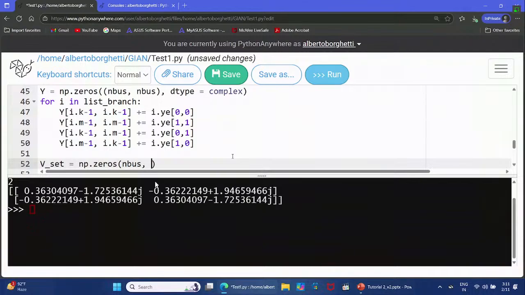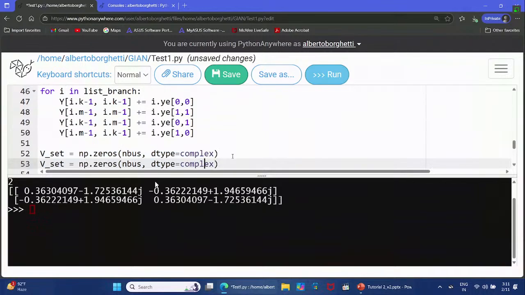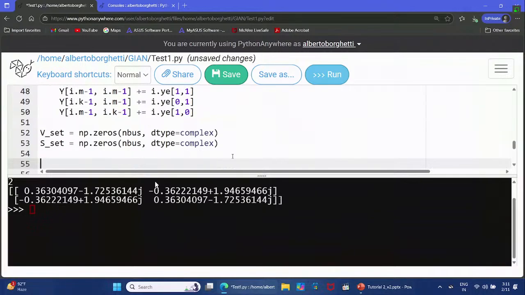And bus. Again, I would like to put that are complex numbers, so it is 0 but complex. And we do the same also for the power. So we have the collection of the voltages and of the power as set. And then we can now store here the values of the